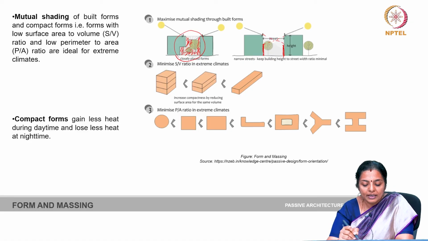You should also minimize surface to volume ratio in extreme climate, because when you increase compactness by reducing surface area for the same volume, you get a better result. You can also minimize P by A ratio in extreme climates. The perimeter to area ratio is also an important criteria, and you need to minimize it in the hot